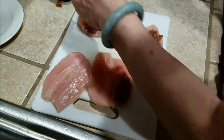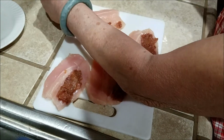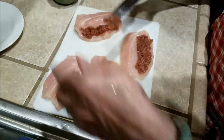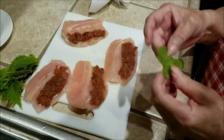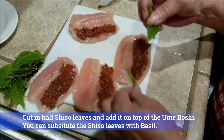Yes, ume boshi is sour, but that's part of what makes this particular dish taste good. It's kind of like you're putting peanut butter on half of a chicken tender, or any paste. Okay, this one is Japanese shiso, but you can use fresh basil,